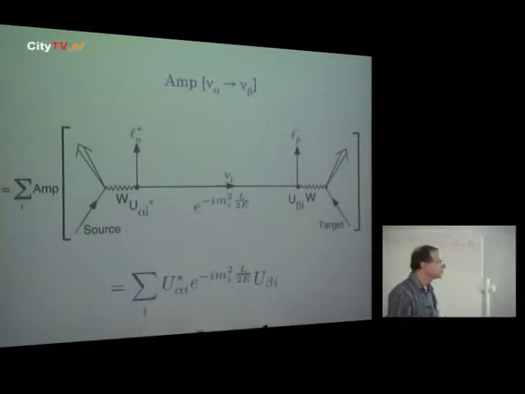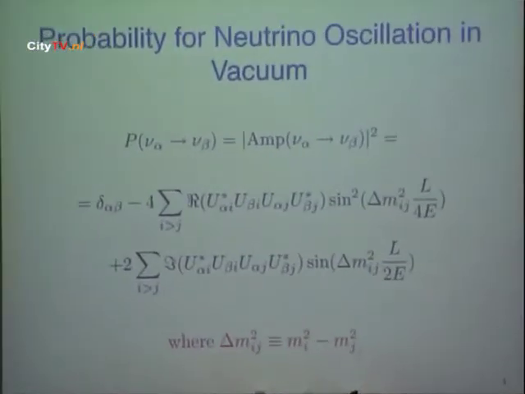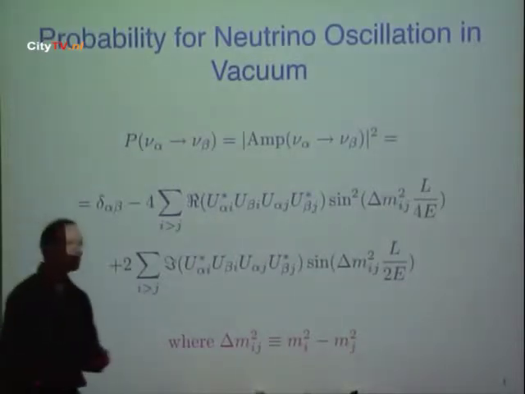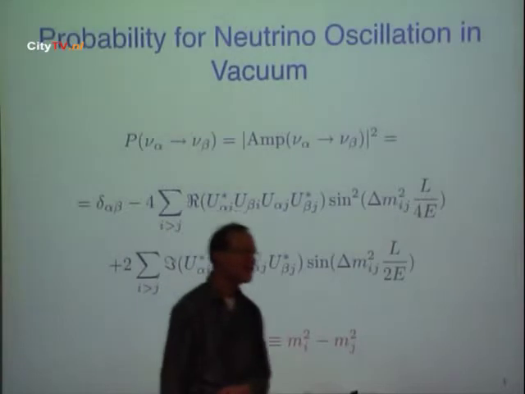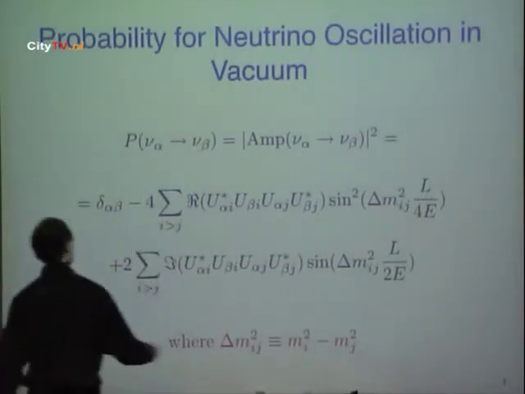It's this simple expression. And if you now take the absolute square of this amplitude to get the probability, and then you make some sneaky use of the assumed unitarity of the matrix, you can write the answer in this form,